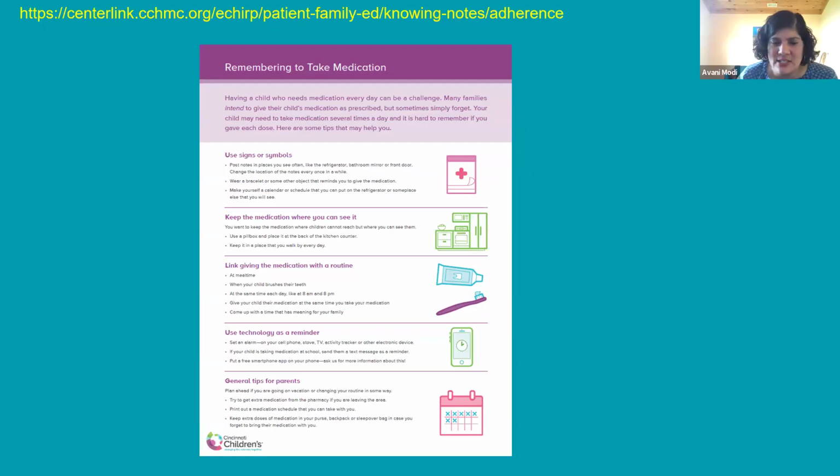And the only thing I'll add to what Kristen said there is, we also know people come from very different socioeconomic backgrounds. And so we're really mindful in all of these tools to think about low tech, high tech, so that this wasn't an expensive thing that folks needed to do. You don't have to have an app, but if you really like that and that works for you, then that is certainly something you could find. So the idea being that this would work for all patients and families. Yes, thank you so much.